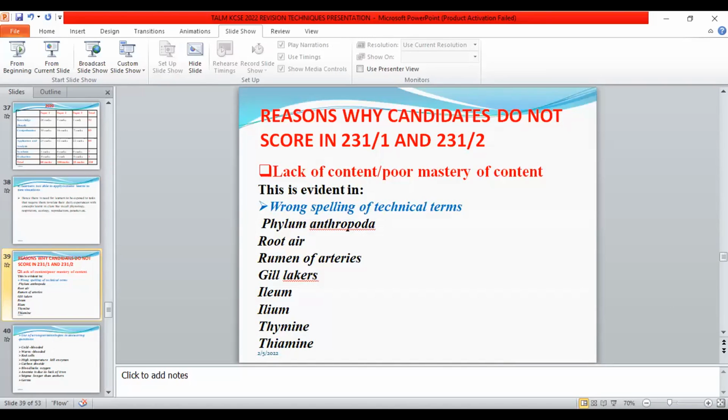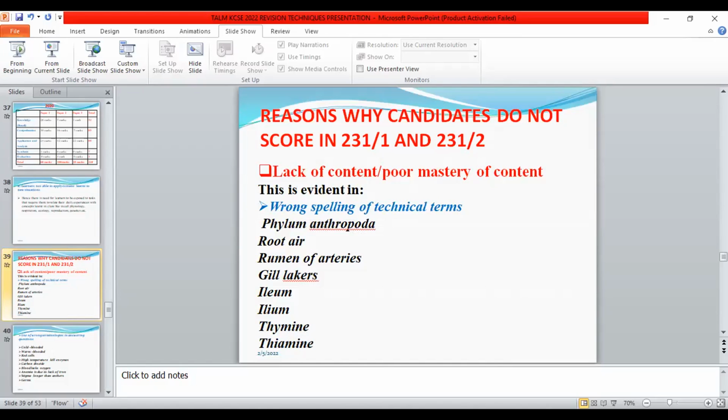And these students of ours have really accused us biology teachers of being very strict in marking, but they should be made to know that every word has a meaning, such that when you misspell a certain terminology and it has another different meaning, it means that it has now changed from what you intended to talk about.